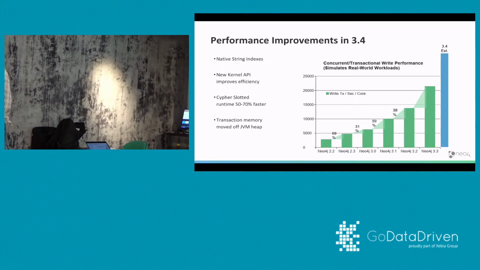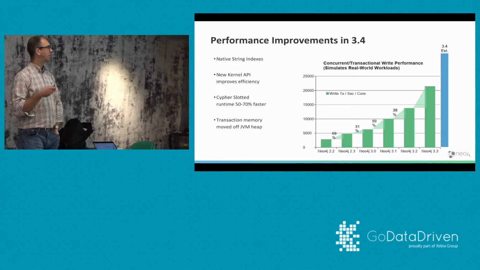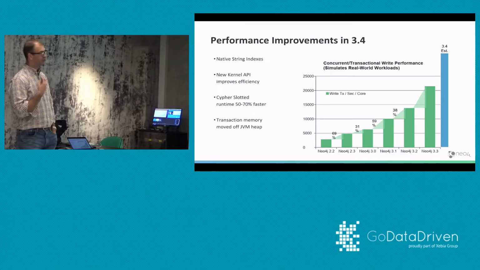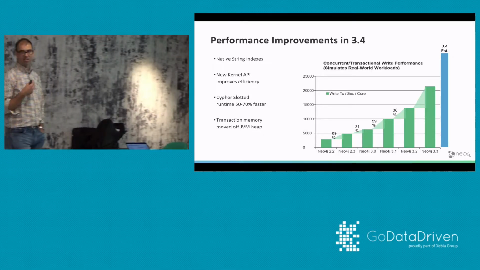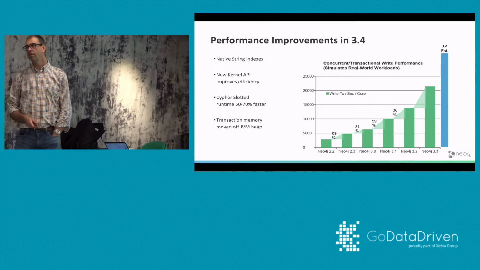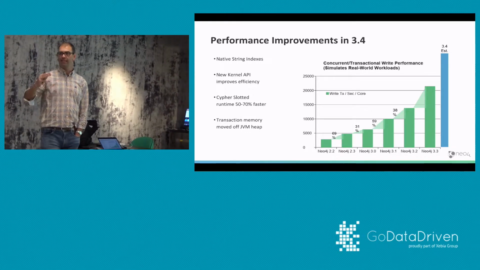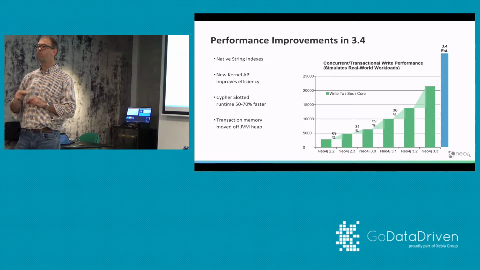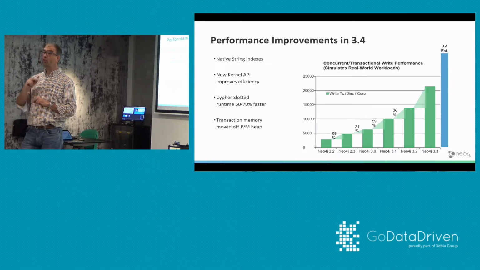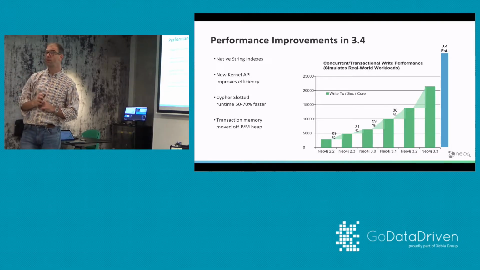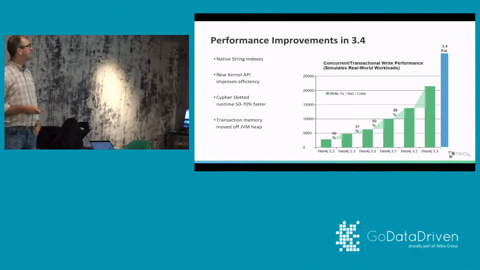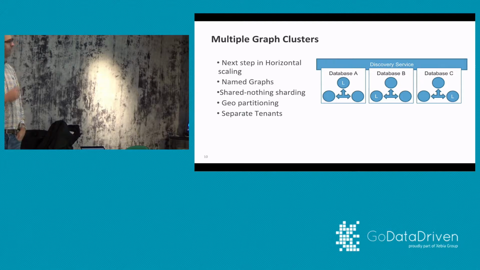So, summary: there's a lot of improvements in how you interact with the database. The biggest jumps are related to the indexing system and to this new runtime for Cypher. The runtime, you probably don't see that when you run a Cypher query, right? But if you profile a query, it will tell you which runtime is being used. And you can also force it to use a particular runtime. You can say, I want to use this one, because for some queries that actually is a better way of doing things. So that's one important thing.